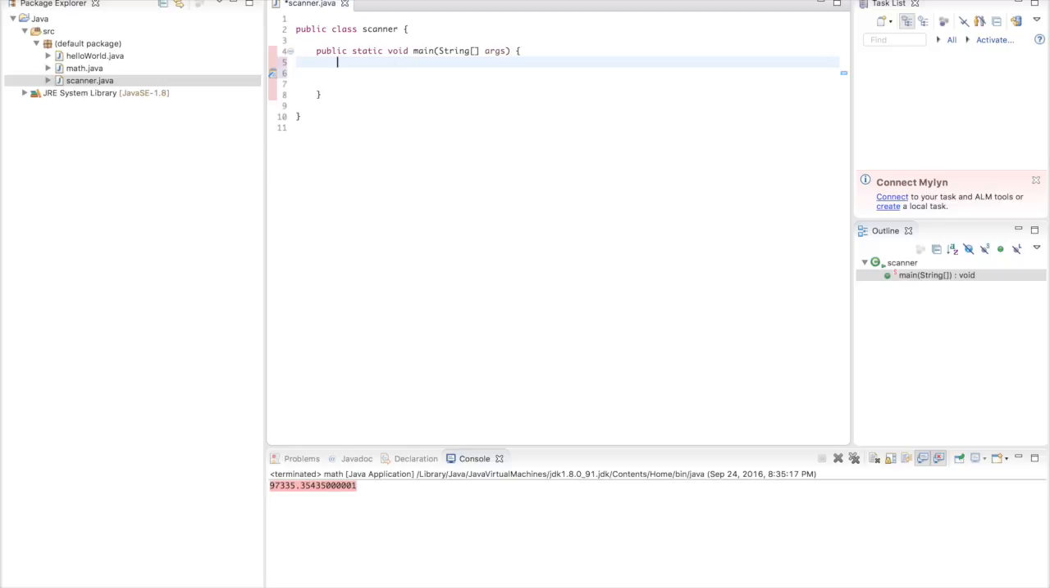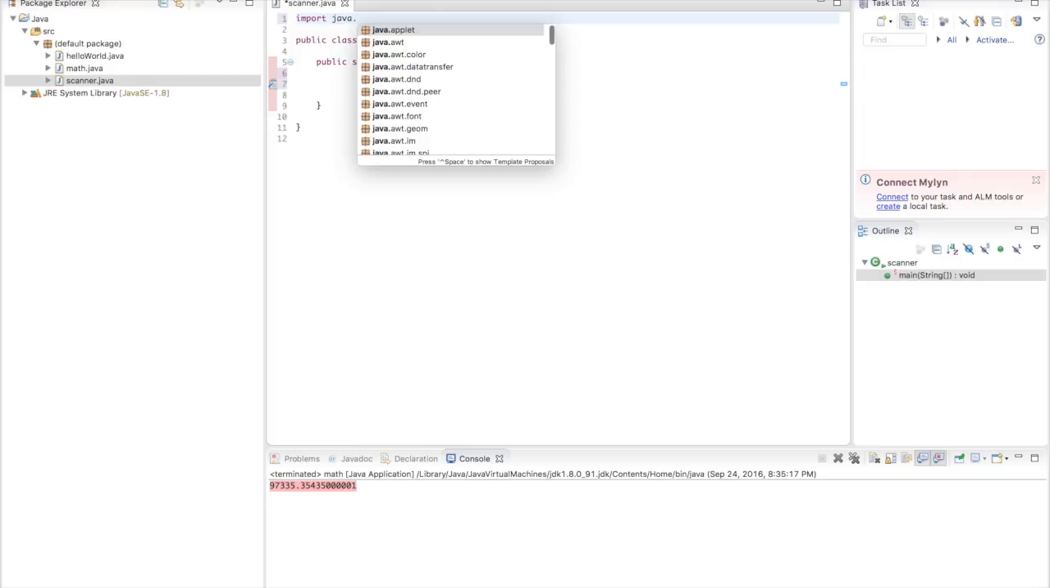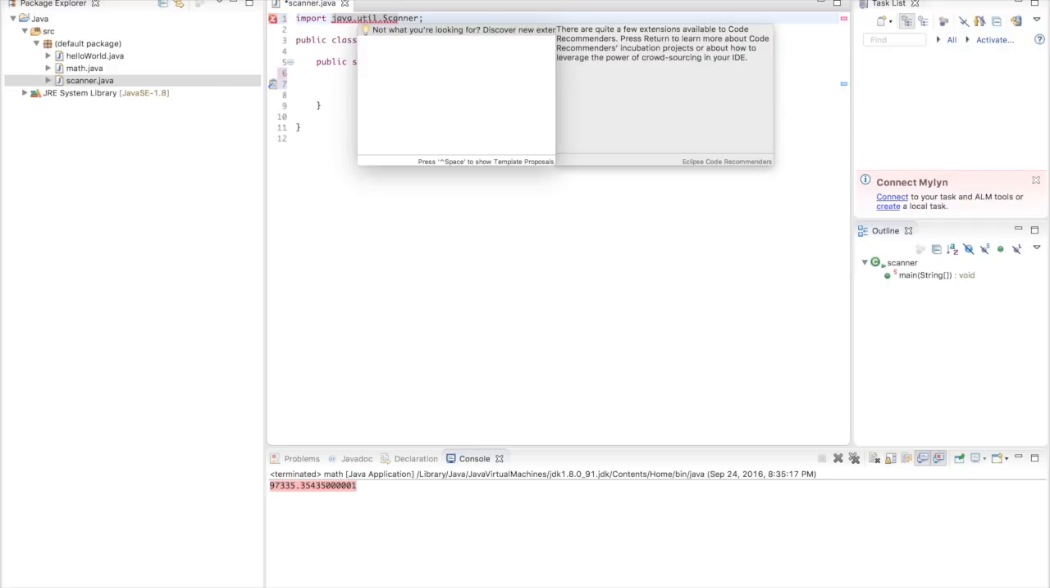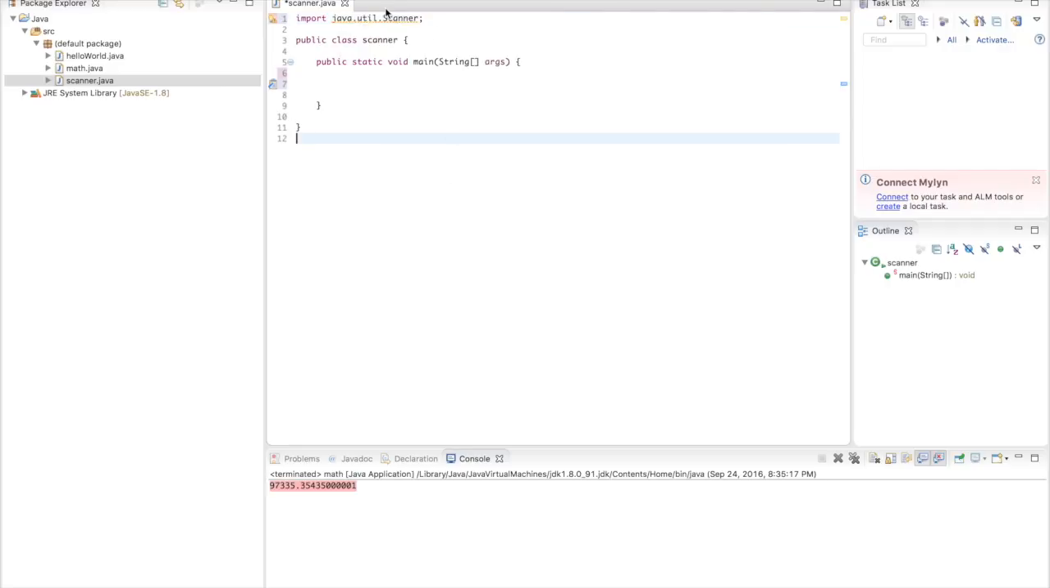So let's get started with a scanner. What scanner is, is just the input from the user. Before we start implementing it into our main, we need to import java.util.Scanner. What this does is import the Java utility that has a scanner so that we will be able to use it. So we want to call the scanner into our main method. So you go Scanner,